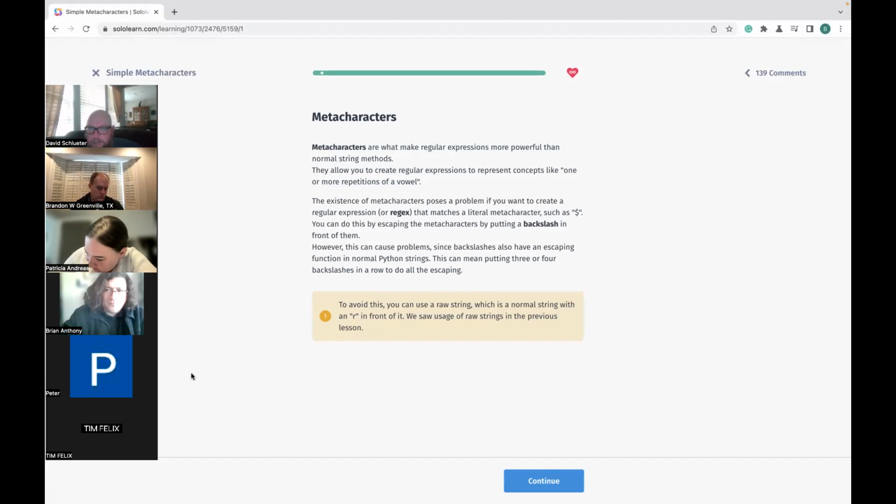Yes. Meta characters. Meta characters are what make regular expressions more powerful than normal string methods. They allow you to create regular expressions to represent concepts like one or more repetitions of a vowel. The existence of meta characters poses a problem if you want to create a regular expression or regex that matches a literal meta character, such as